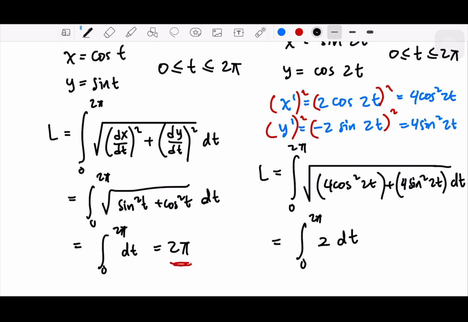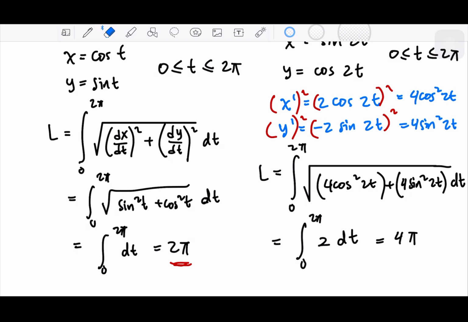And then you write down this 4 pi. So what is wrong with this? Or what is unusual? First, both of these, the first one, cos t, sin t, and cos 2t, sin 2t, they both are circles, right? But in the parametric, if you have this 2t,